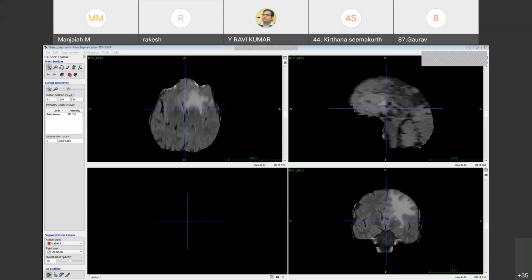Not in detail, ma'am. You just take three to four screenshots of whatever work you have done. Even the 3D model is also fine. Okay, madam. Thank you.